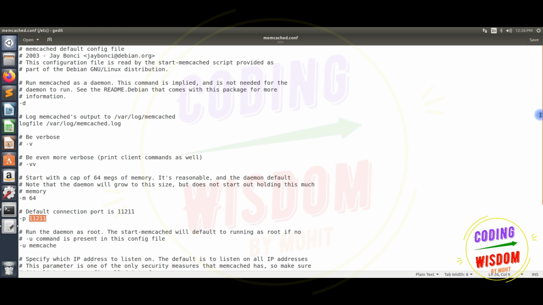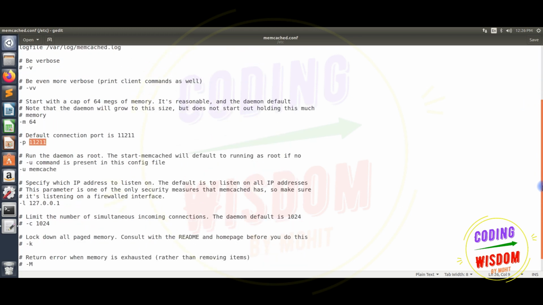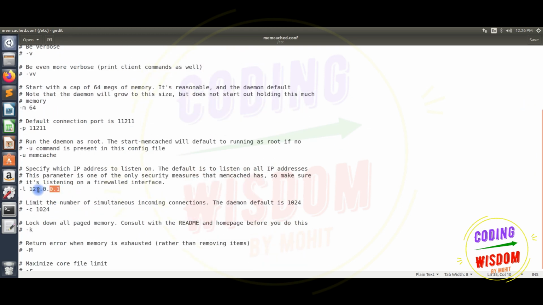One more configuration is the IP address. As I'm doing all the experiments on my local PC, you can use just this IP address. Otherwise, if we want to connect multiple computers by using Memcache, we need to write the exact IP of this computer here.